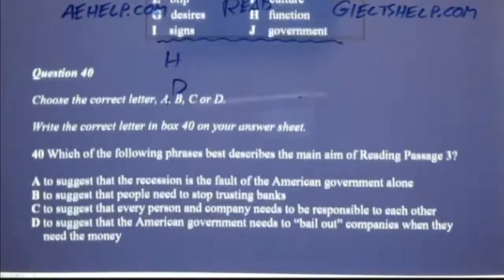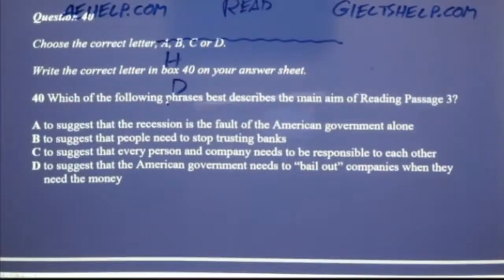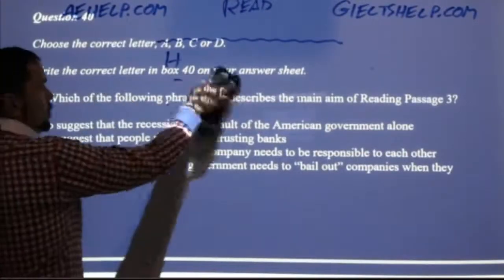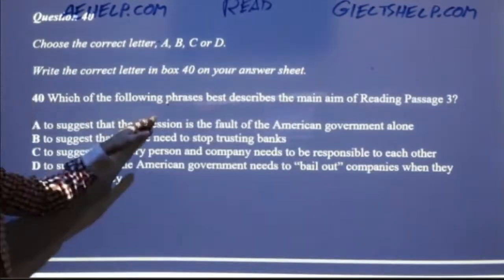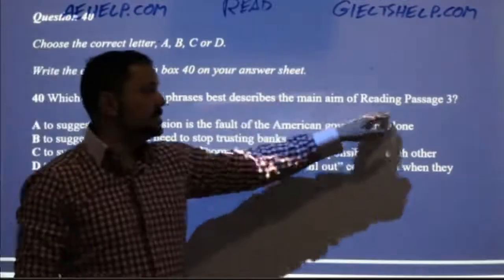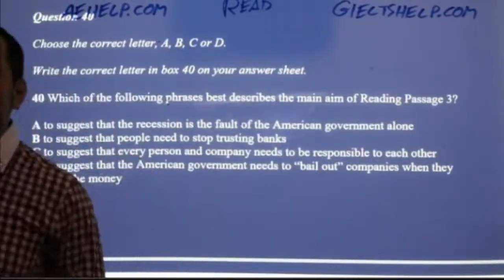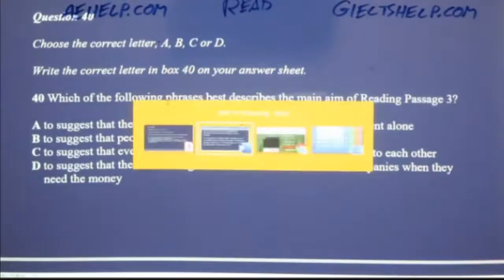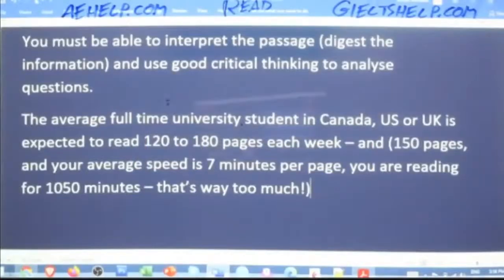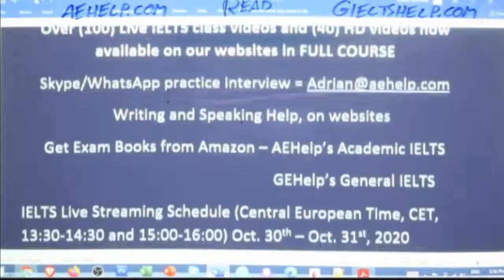Here's question 40. This is a nice challenge for everybody to work on until tomorrow. Okay, so which of the following phrases best describes the main aim of the reading passage? There are the choices. Answer that on your own, and then when you think you've got the right answers, send them to my email, and I'll give you the answer key